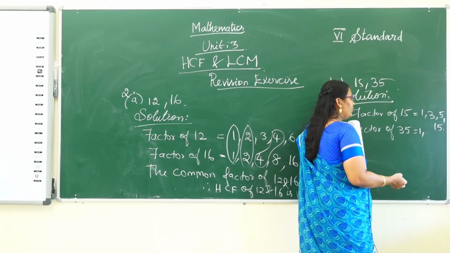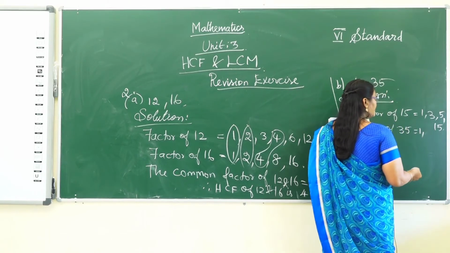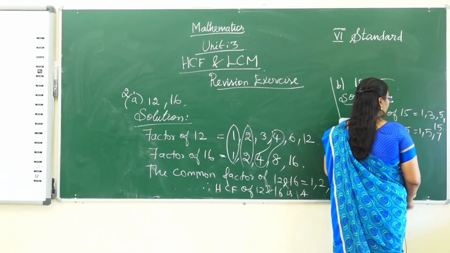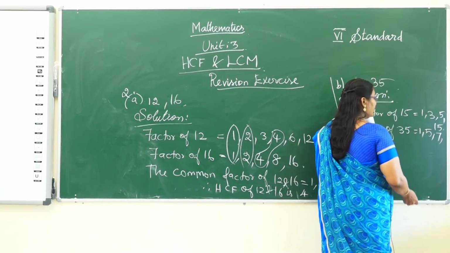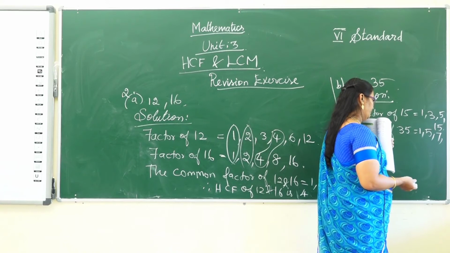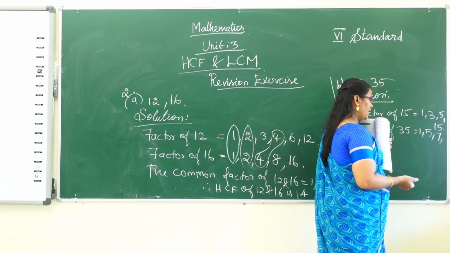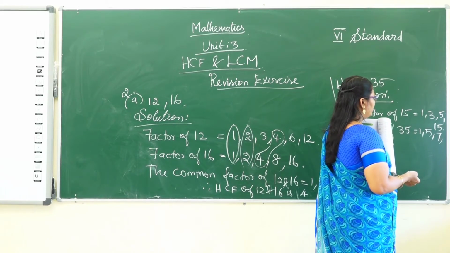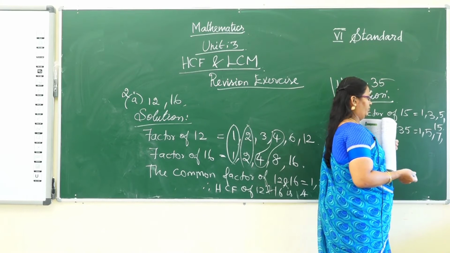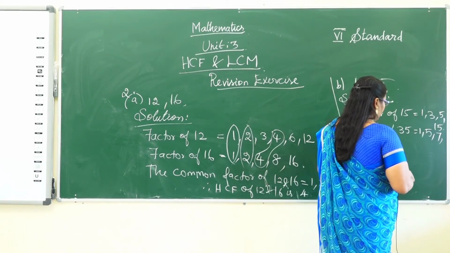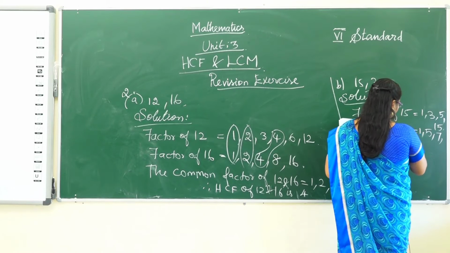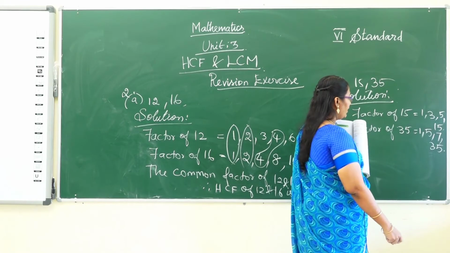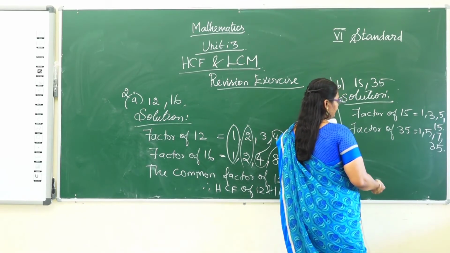It can divide in 1 table, and 3 is not possible, 4, 5, 6 is not possible, 7 table, 7 5s are 35, and then 8 table it's not possible, 9, 10, 11, 12, 13, 14, 15, 16, it's not possible, is it? So finally it is divided in the 35 table.